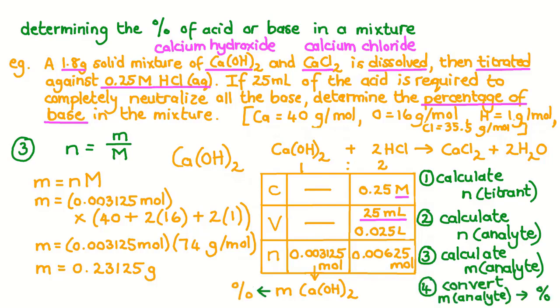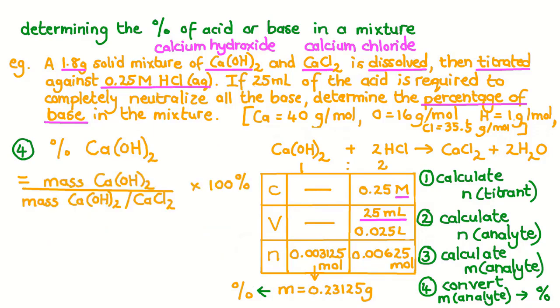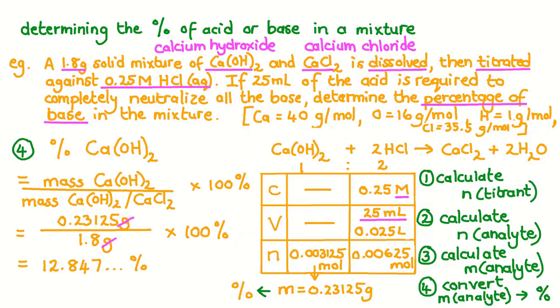There is one last step. We need to convert the mass of calcium hydroxide to a percentage. We can determine the percentage of calcium hydroxide in the original solid mixture as follows. The percentage of calcium hydroxide is equal to the mass of calcium hydroxide divided by the total mass of the original solid mixture multiplied by 100%. We can put in our values. The mass of calcium hydroxide is 0.23125 grams, and 1.8 grams is the mass of the total combined original solid mixture. The grams units cancel, and we get